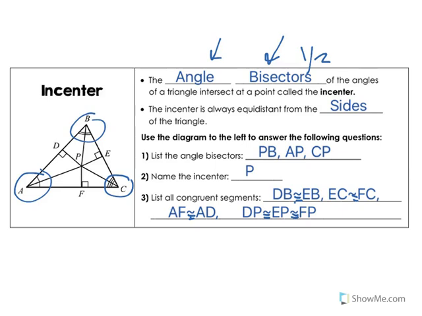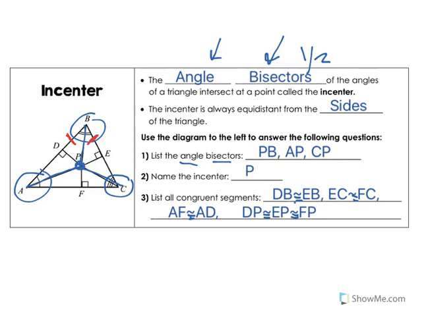So where all those lines are meeting, where AP, CP, and BP all meet, because those are my angle bisectors, we call that point the incenter. So that's point P. So there's a few sets of lines that will be congruent when you have an incenter of a triangle. Those lines include